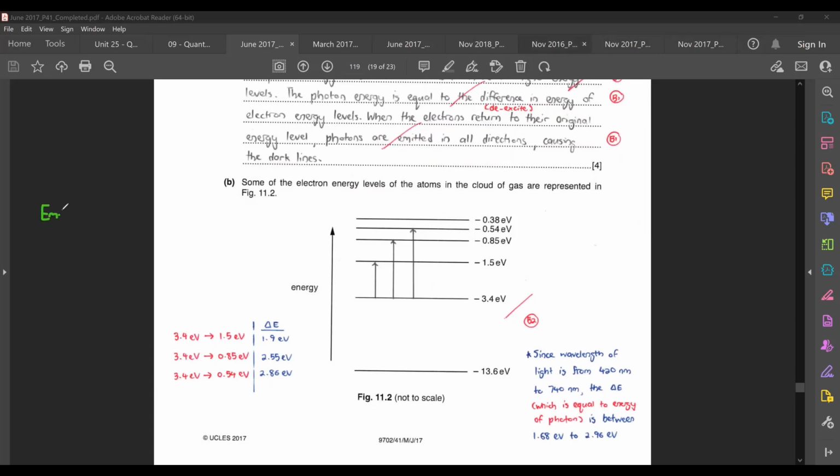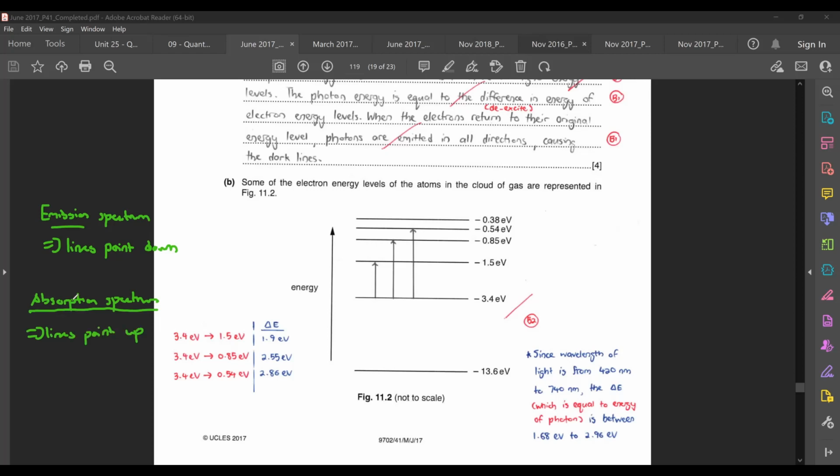If it's an emission spectrum, usually when you want to indicate the electron transition, the lines tend to point down because it's emission. But when you're talking about an absorption spectrum, and they ask you some sort of energy transitions related to that, the lines tend to point